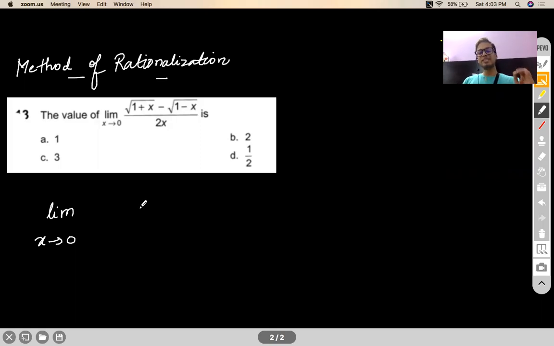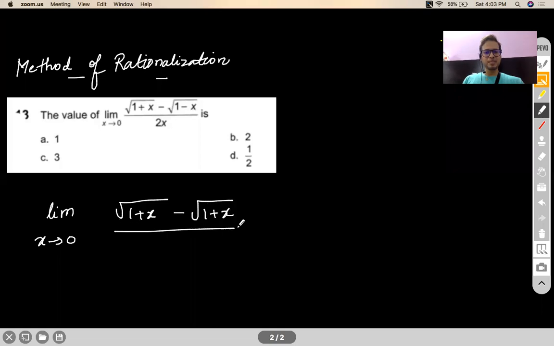Now, dear all, be very careful about choosing the rationalization factor. I have seen people who don't know exactly what the rationalization factor means. Many people think the rationalization factor is all about changing the sign of the expression in between. For example, if it is minus, make it plus; if it is plus, make it minus. That is true only when you're dealing with square roots. That doesn't work if you're dealing with, let's say, cube roots.